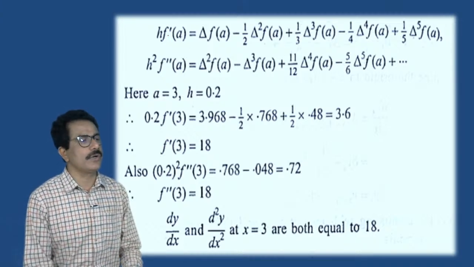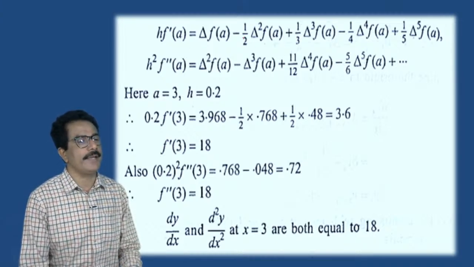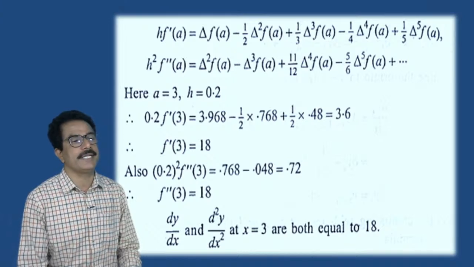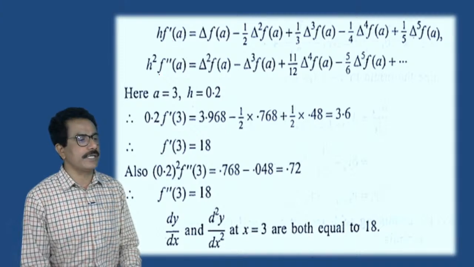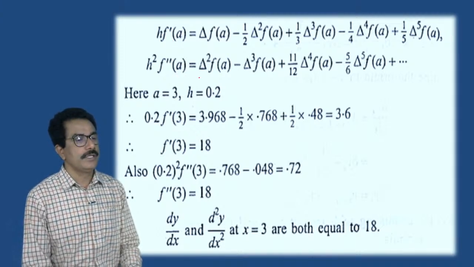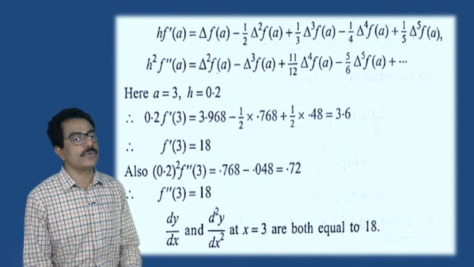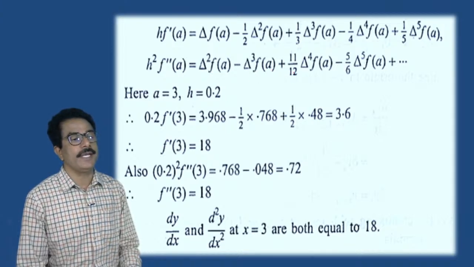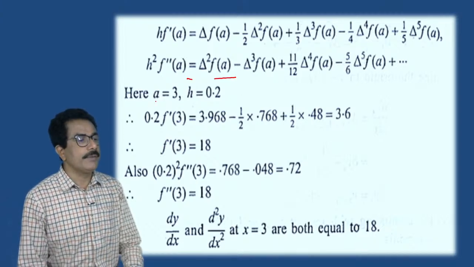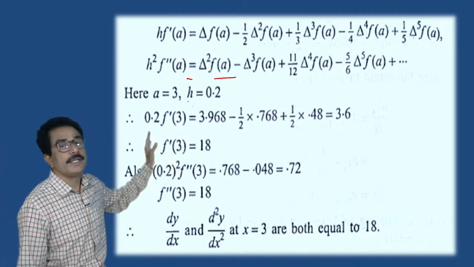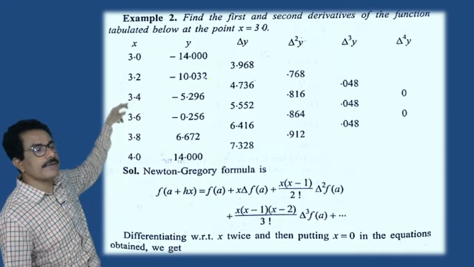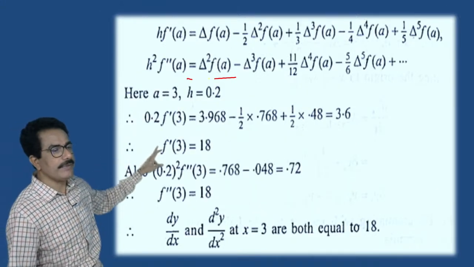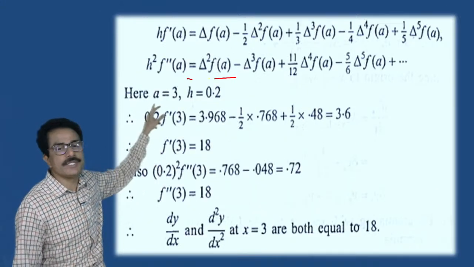Taking h to the left side, f dash of a equals delta f of a minus 1 by 2 delta squared f of a plus 1 by 3 delta cube f of a minus, in this way. So this is the first order derivative, this is the second order derivative. The second order derivative will be delta 2 f of a minus delta cube f of a plus 11 by 12 delta 4th f of a, in this way. If we put a equals 3 and h equals 0.2, where a means 3 and h means the difference between these two,